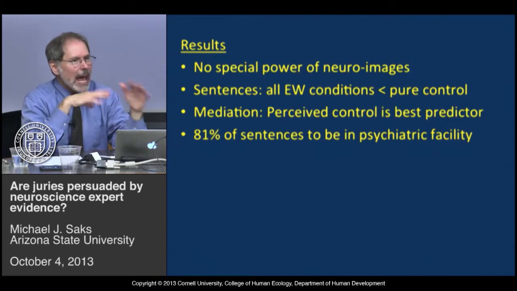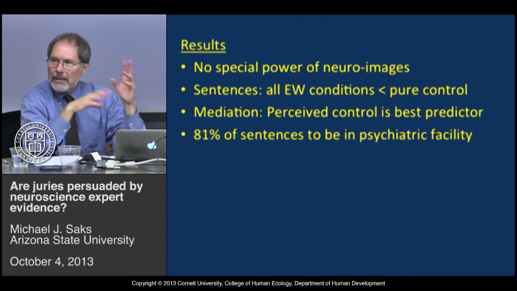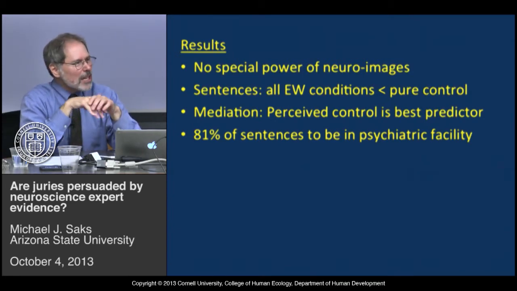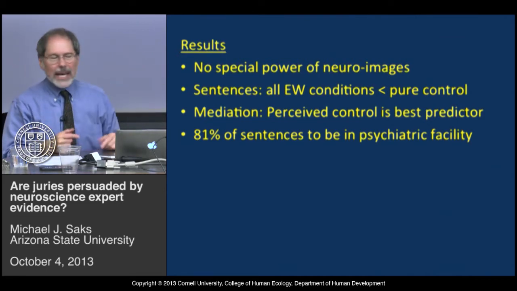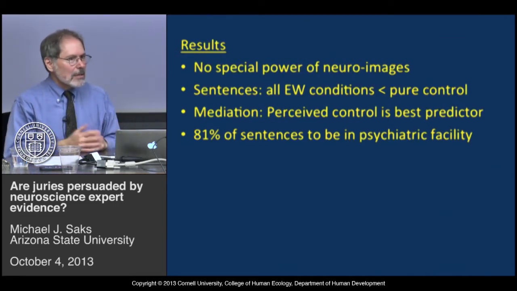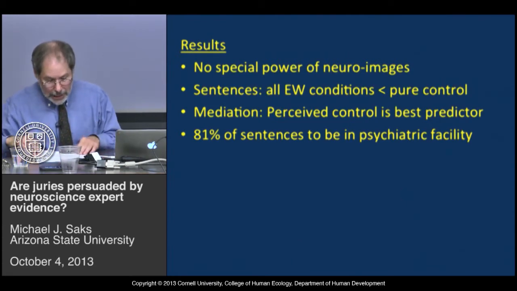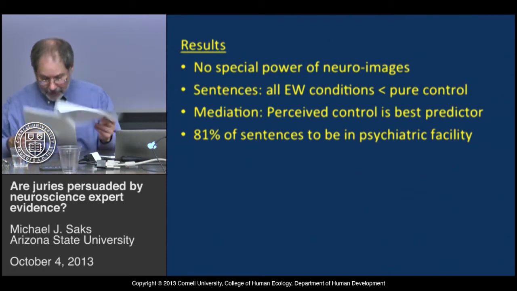So when you think about the average person in the country, or at least the average person who does these online experiments, if you think of them as some sort of Neanderthals who just want to lock people up and not pay any attention to the circumstances, the person's situation,